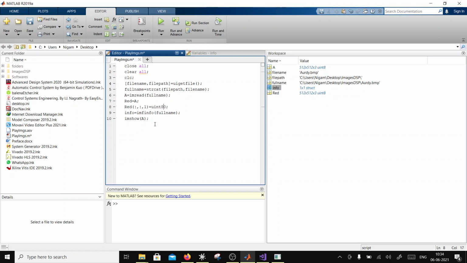Convert this to uint8. Does it go like that? Okay. It was a uint8 anyway, so it will do its own. I don't have to cast it, unless I do some mathematics on it, then it will become a double or something else. So this is the first one.